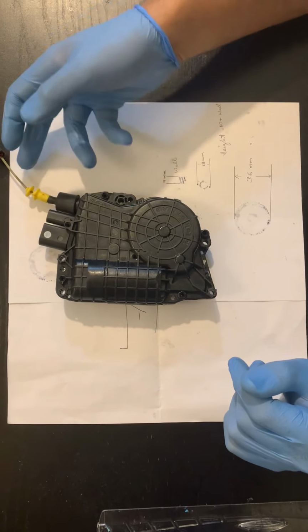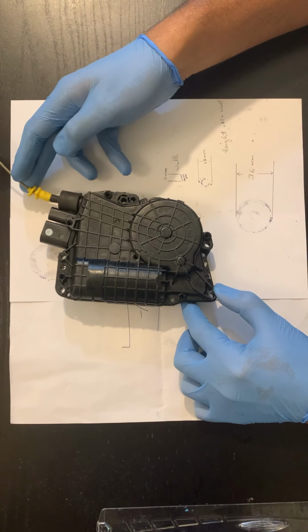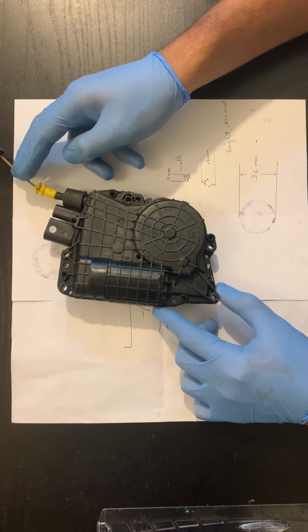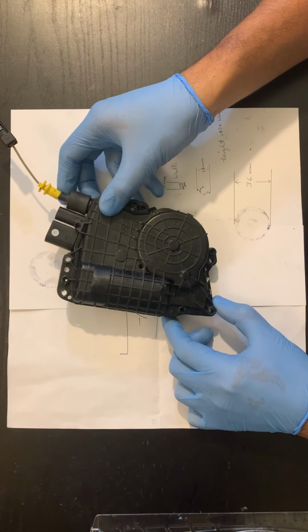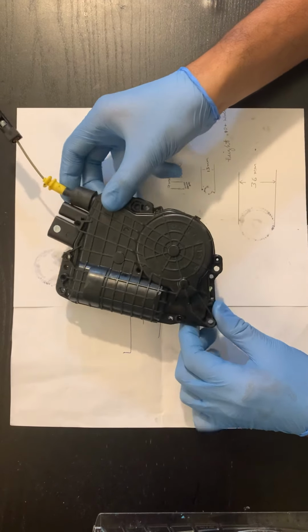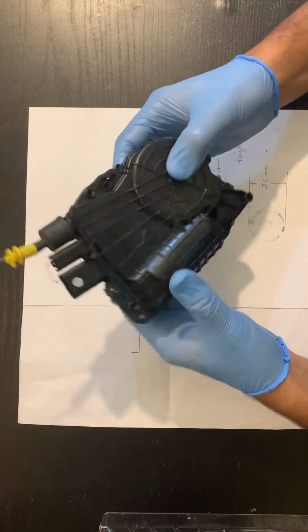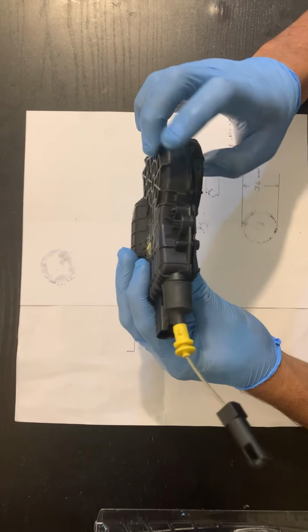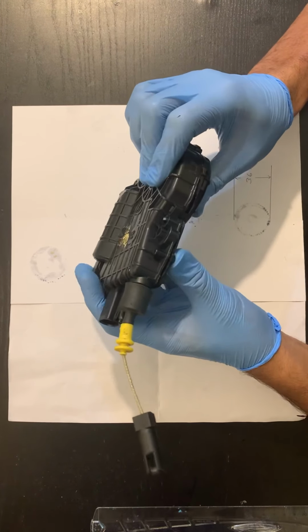Hello everyone, this is the soft close mechanism, the soft close motor that comes with the BMW X5. Mine is a 2012 model. This was making a broken gear sound, so I took it out and checked what's going on. I had to break it because it's glued with tough glue, so it was very difficult to take it